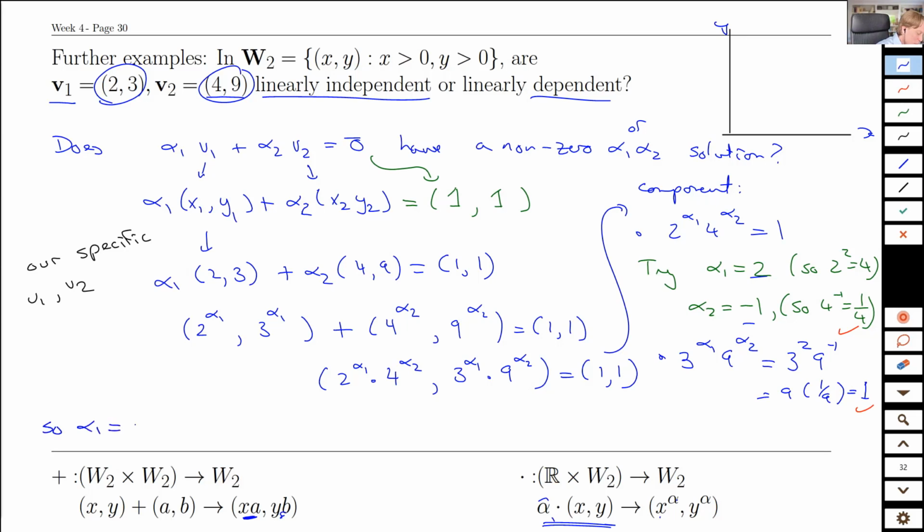So alpha 1 equals 2, alpha 2 equals minus 1 is a non-zero solution. We can find a non-zero solution, which means that in W2, not in our typical real dimension 2 space with normal plus and scalar multipliers, but in this space here where plus means this new thing, then in W2, those two vectors, 2, 3 and 4, 9, that set